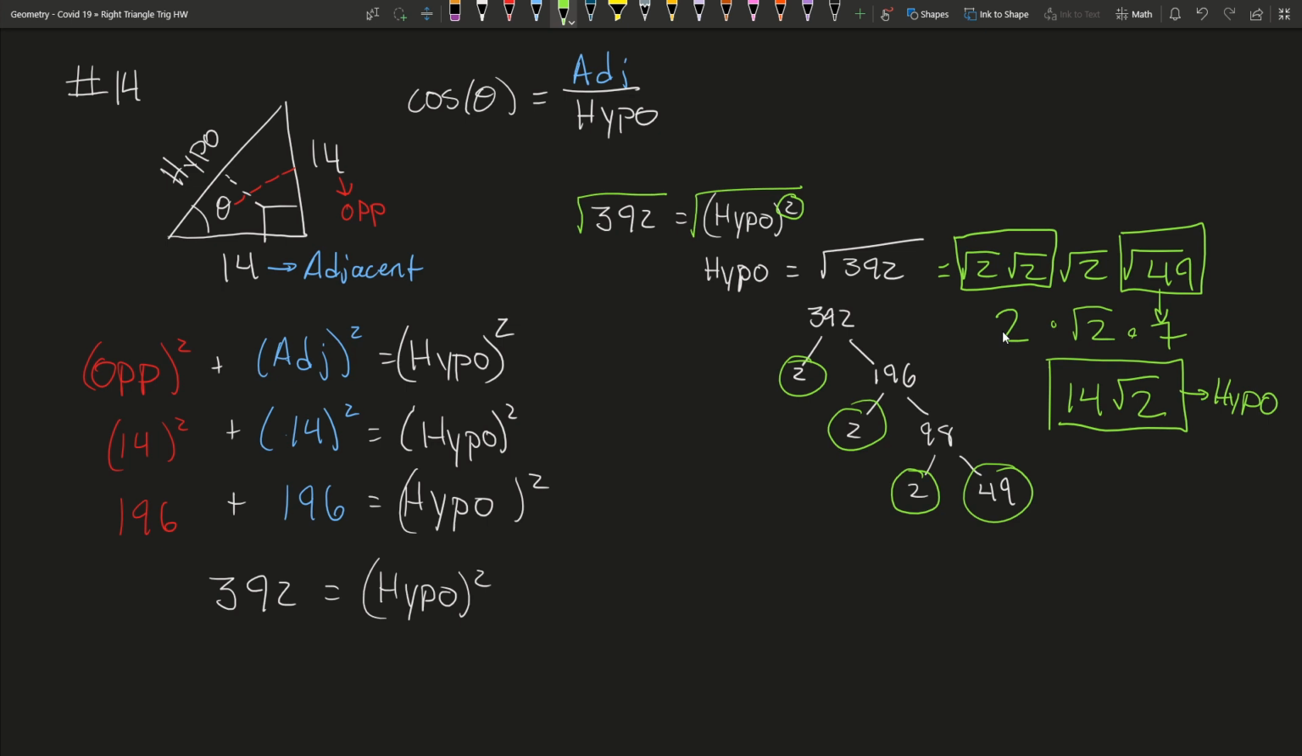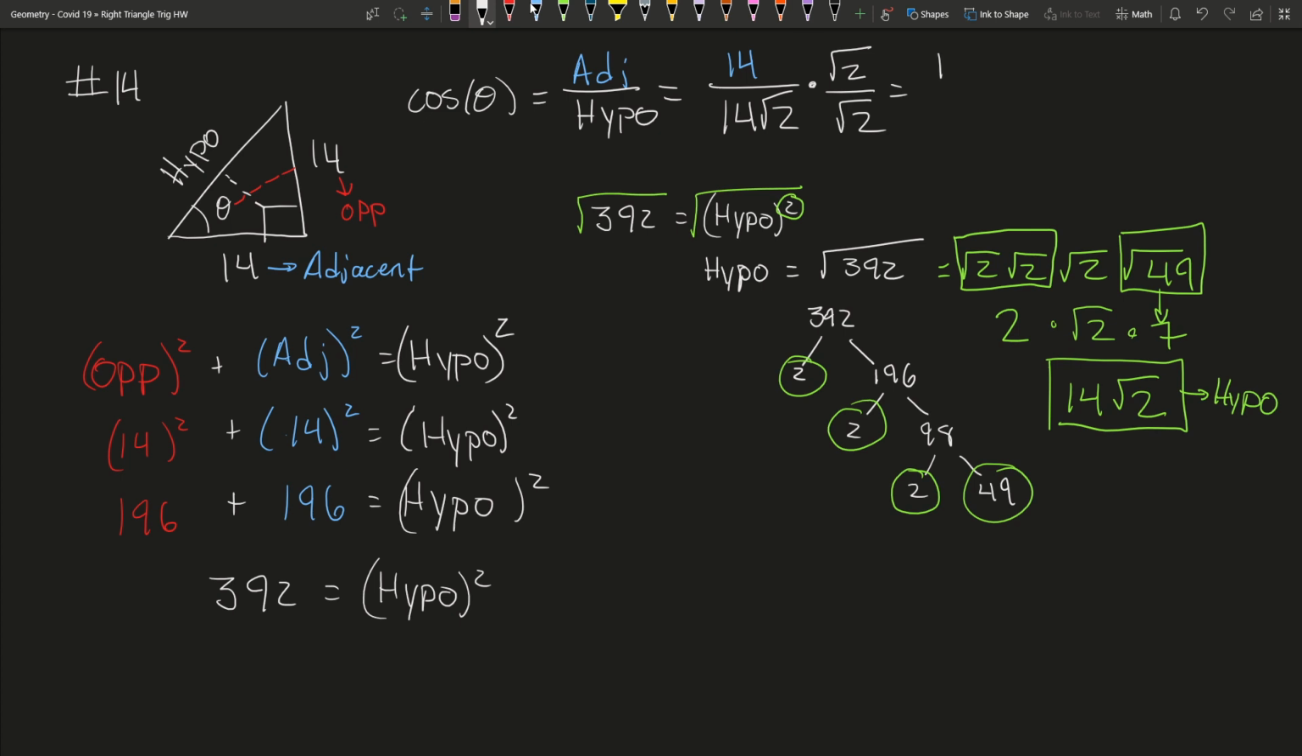And then we can plug it into our cosine. So our adjacent side is 14, and our hypotenuse is 14 rad 2. And then we get to simplify a little bit, or rationalize, right? That looks like a good answer, but it has a square root in the denominator, which we cannot have. So in order to rationalize that, we multiply by rad 2 over rad 2,